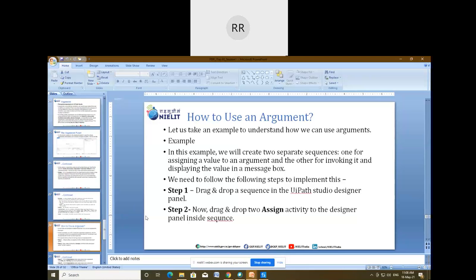Is this definition clear to all of you? Is the major difference between variable and argument clear, so that I can proceed with the example? Yes, sir. This is very important, and this argument concept is going to be utilized in the coming session. So you have to be clear at this moment only. Otherwise, in the coming session, whenever this argument will be utilized, it would be difficult on your part to understand those topics. It is tricky, but it is not difficult. Again, I'm saying.